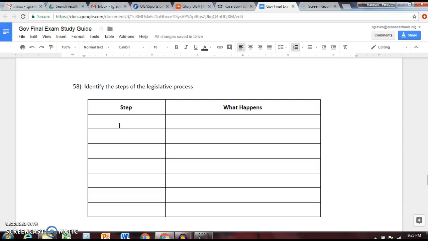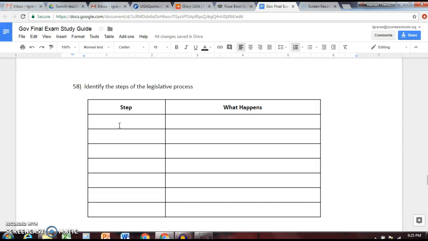That's even more specific than the general committee. The subcommittee will then mark up the bill, which means they'll add amendments to it, debate it, and they will report the bill back to the larger committee. The committee will then do the same thing. The large committee will mark it up, debate it, and they will vote on it. If they vote in favor of the bill, it goes back to the first chamber, whichever one it started in, the House or the Senate, where they'll get a chance to add amendments also and take a vote on it.